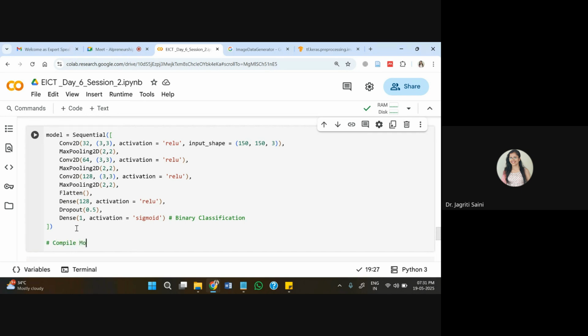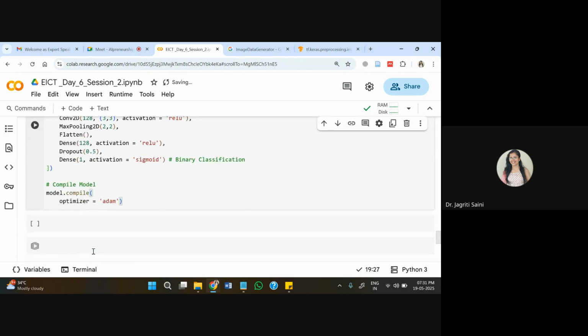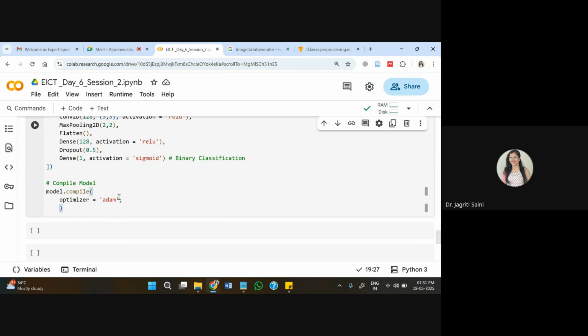Once we are done with this, I can compile this model, and in order to compile it, I'll directly use a compile function, and within that compile function I'll pass the optimizer details, and I'll use just a basic optimizer, that is the Adam optimizer. You can try others also. You can try Adagrad, RMSprop, or many others from the Keras repository. Then the loss parameter I'm using is binary cross entropy. This will work fine because we are working on binary classification right now, so this is the most appropriate type of loss function you can try right now.